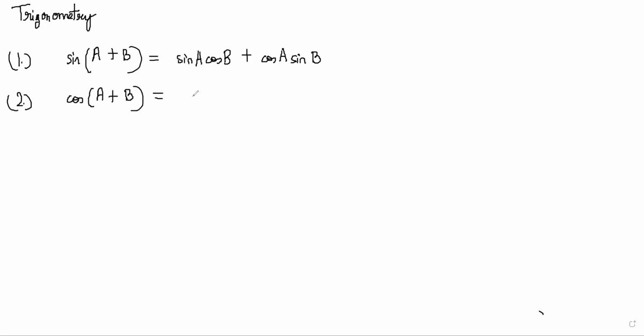cos(A+B) is equal to cos A cos B minus sin A sin B. Did we? Yeah, we went through that. It is a similar proof like the way we did the geometrical proof for sine. Similarly, you have to do it, so it will come out to be this. Now, one thing that we want to know is that if you have